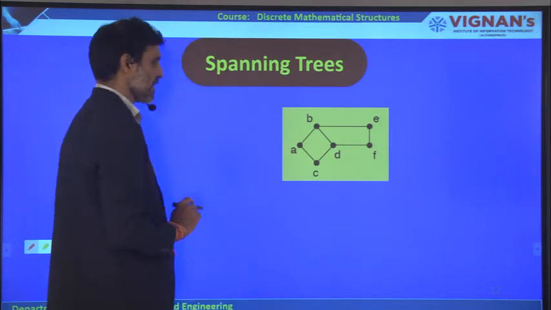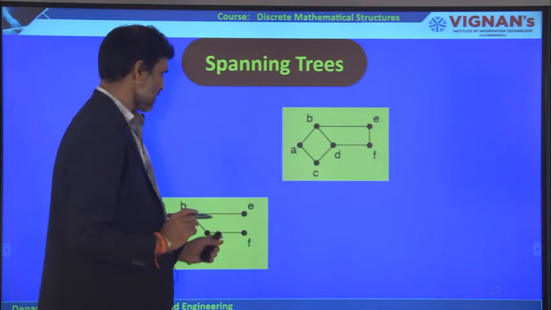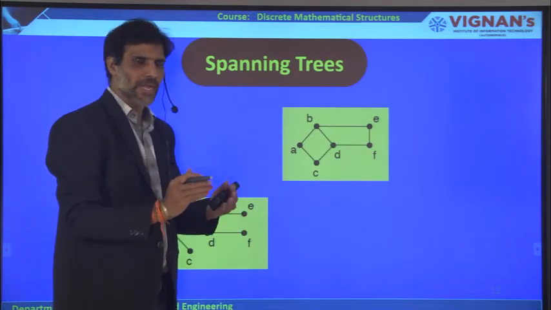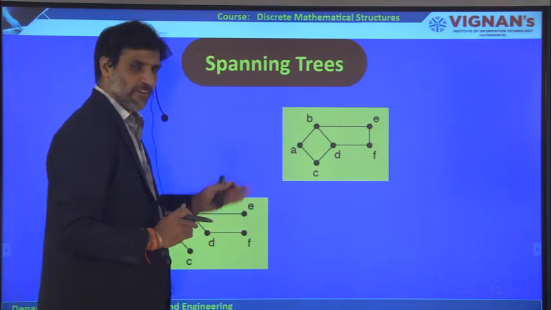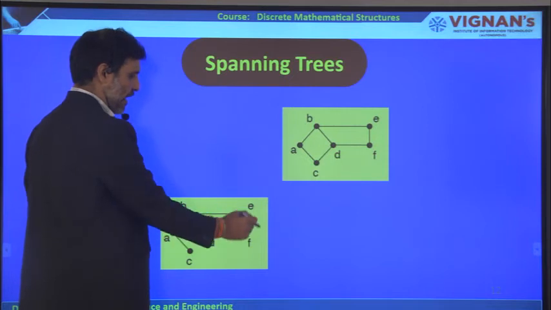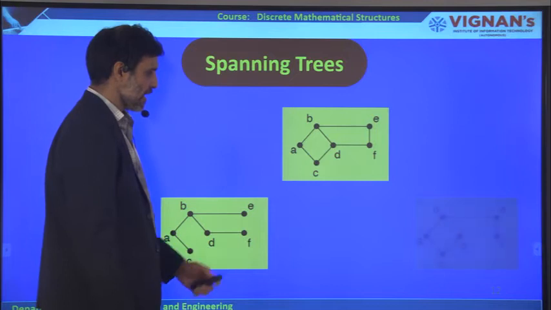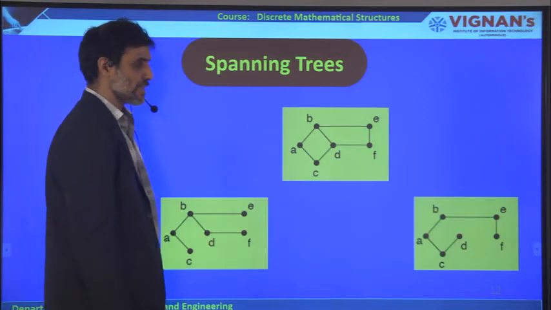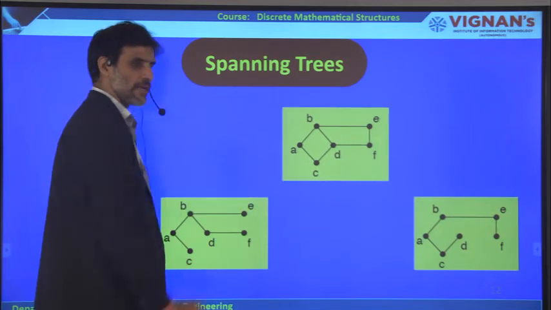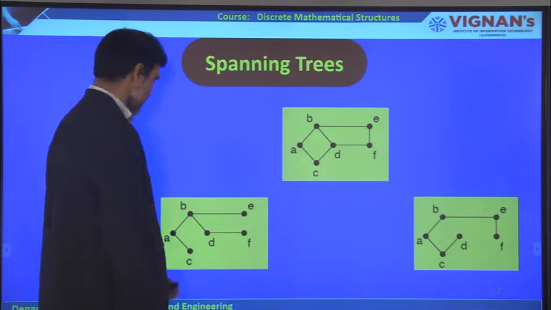Now for this connected graph, how do we get the different spanning trees? Let us take the first one. This is one spanning tree. We will discuss some of the algorithms for how to get a spanning tree for the given graph. If you observe, there are no cycles in this particular graph. Therefore, it is called a spanning tree of the given graph. Similarly, that one is another spanning tree. For the same graph, there exist many spanning trees like this. But how do we get that spanning tree? Let us try to understand.